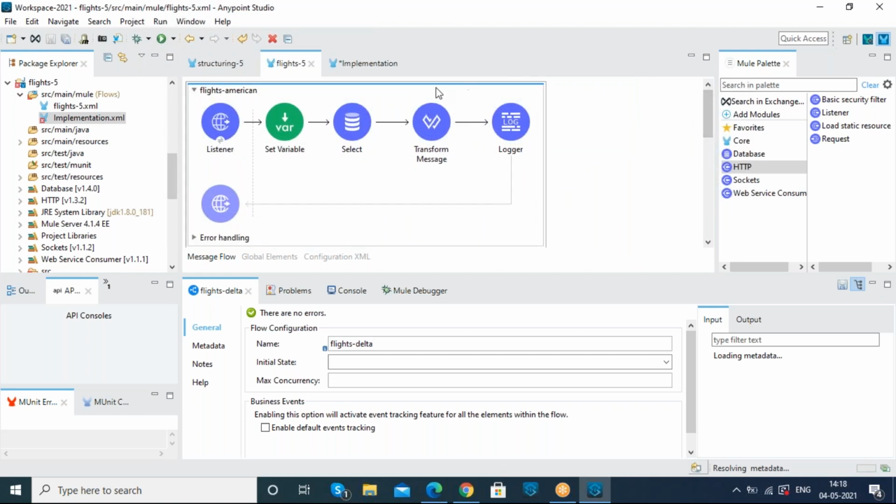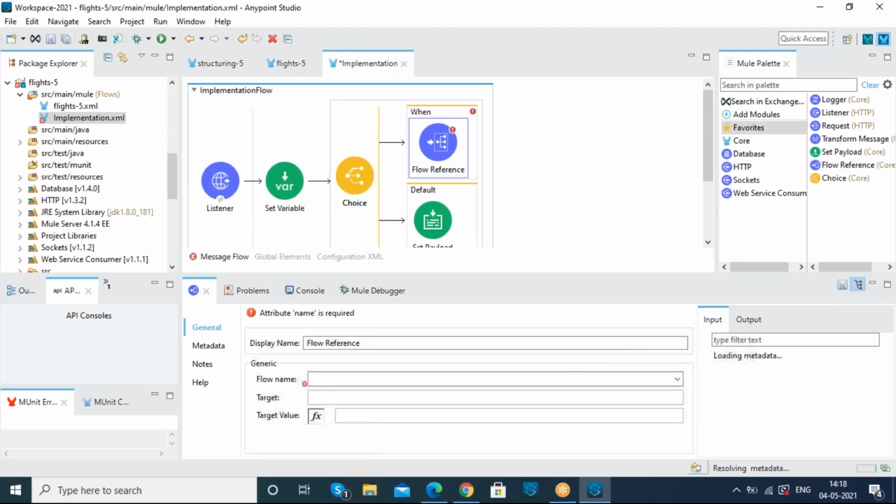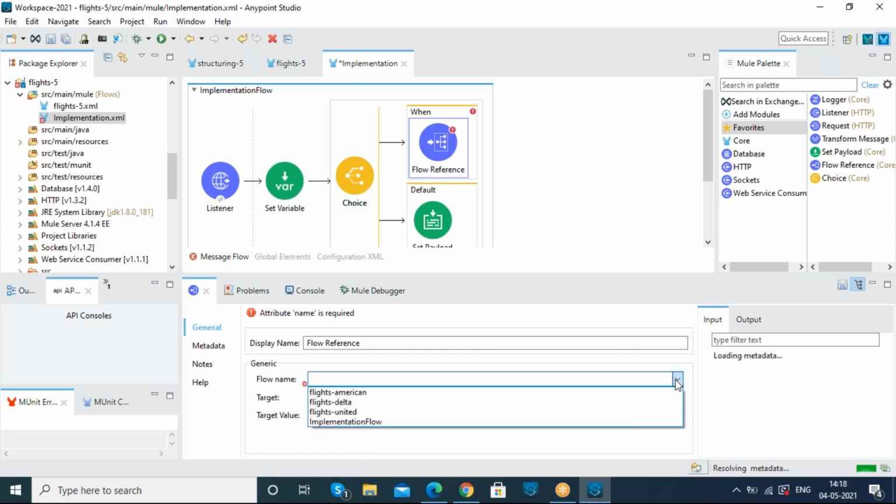So American and Delta, we are getting as our response over here. We had changed the flow accordingly.